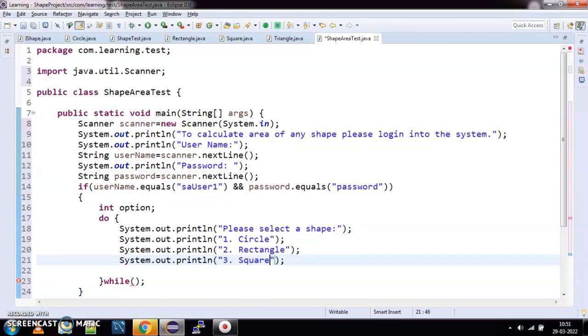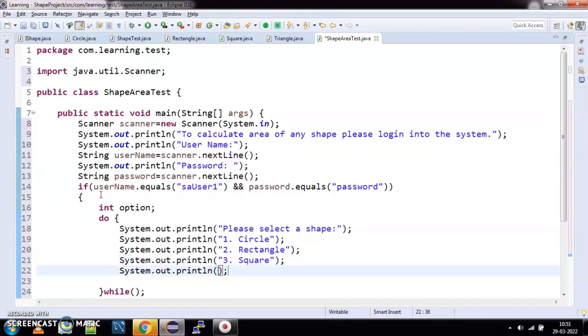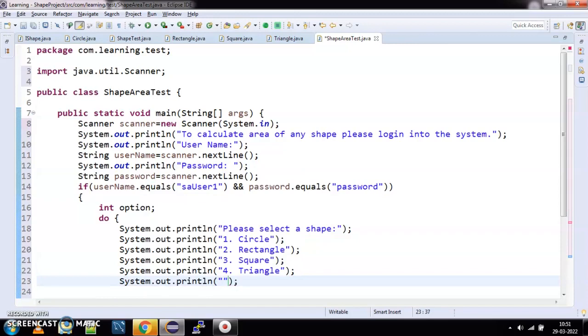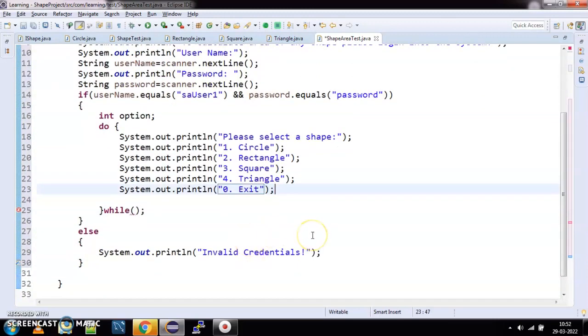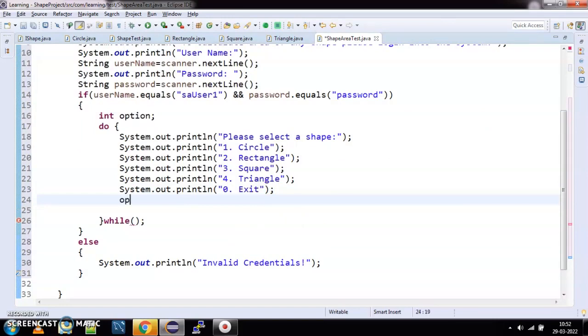square. Okay, and finally we will say sysout 4 for triangle, and we will say one last thing, that is sysout 0 for exit. Okay, so these are going to be the various options that we will be giving to our user. Once he selects an option, so what we will say here, we will say option